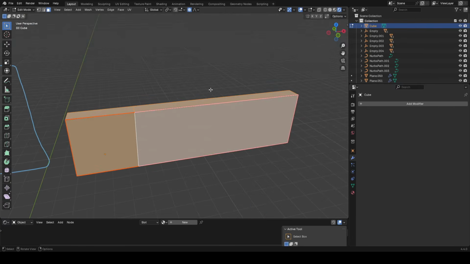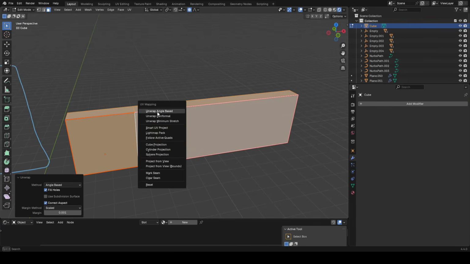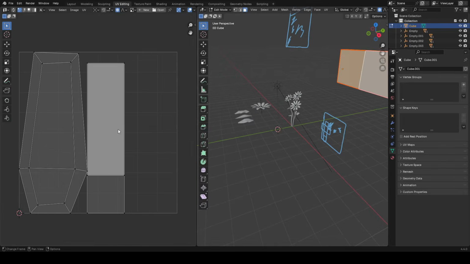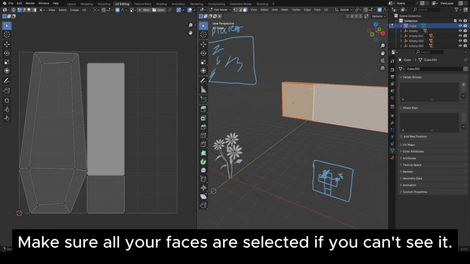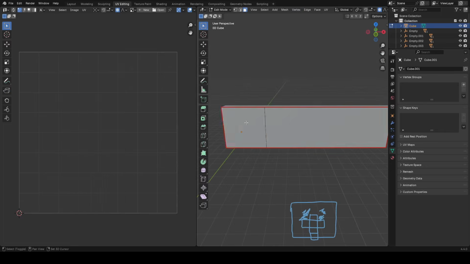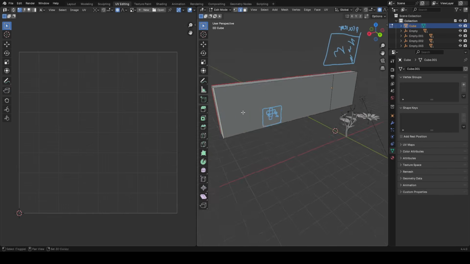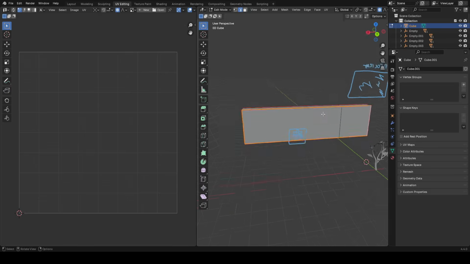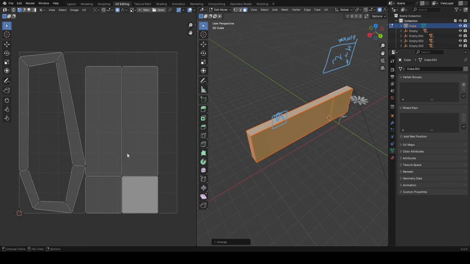So if you select everything and hit U, unwrap, and I always use the unwrap angle based one, by the way. I don't really use the others ever. And so if you go to the UV editing tab up here, you can actually see your UV map, and you can see what's happening now, which is just as I was telling you guys, the area that we seamed off becomes its own island in the UV unwrap for this model. And, you know, if we did this again on this side, maybe, if we marked more seams here, and then we unwrapped again, now we're going to have